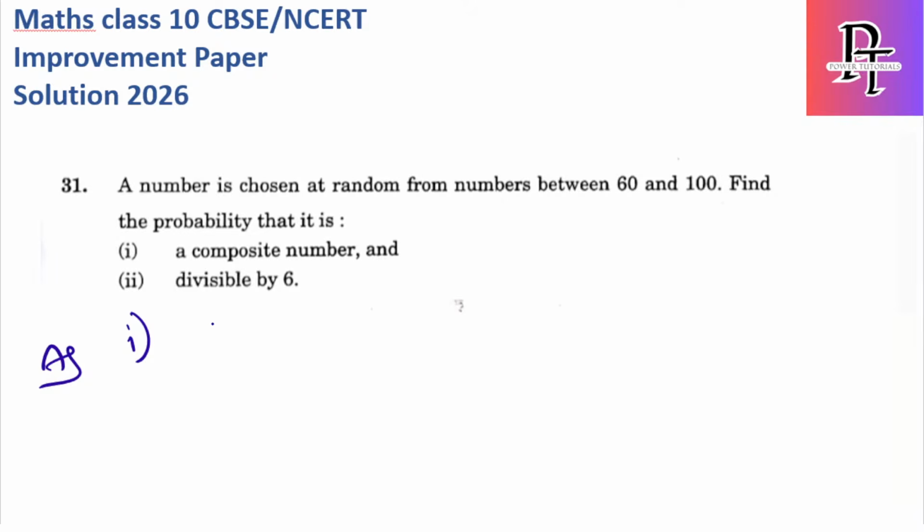So it starts from 60. Is 61 divisible by any number? 61, I think it's a prime number. 61 is not divisible by anything, so it is not a composite number. So I'll do one thing, I'll first write all the numbers and it will be easy for me to evaluate which is prime and which is not. Okay, so I'll write 61, 62, 63,